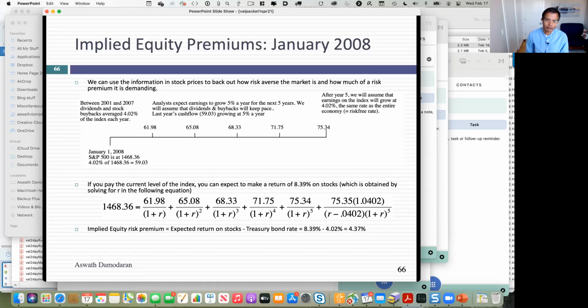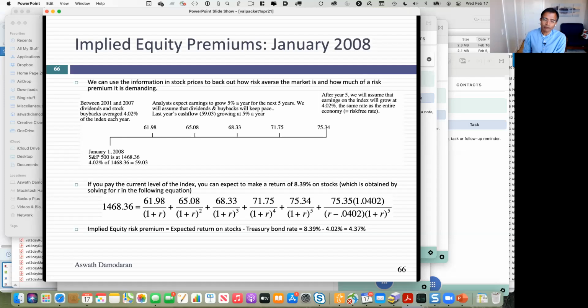I cheat. And I'll cheat repeatedly doing this. Whenever you put me on the spot and ask me to estimate a nominal growth rate for the economy, I'm going to use the risk-free rate as my proxy. Why? Because the risk-free rate is embedded in expected inflation and expected real interest rate. And over time, that's as good a prediction for the economy as I can get. So the last term basically means after year 5, my cash flows will continue to grow at 4.02%, which is the T-bond rate then, forever.